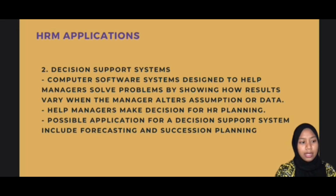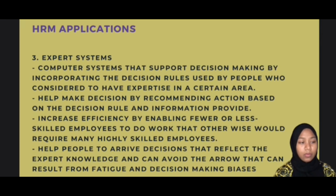Okay, next is expert system. Expert system is about computer system that support decision making by incorporating the decision rule used by people who consider to have expertise in a certain area. Help make decision by recommending action based on decision rule and information provide. Increase efficiency by enabling fewer or less skilled employees to do work that otherwise will require many highly skilled employees. Help people to arrive decisions that reflect their expert knowledge and can avoid the error that can result from fatigue